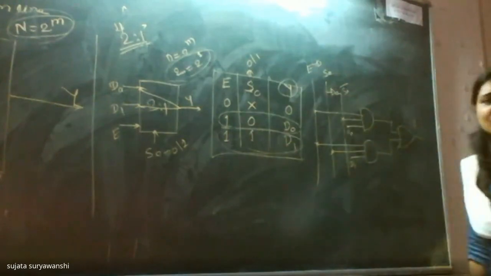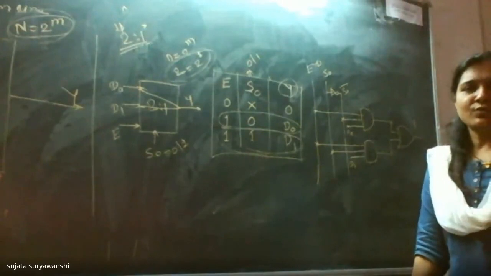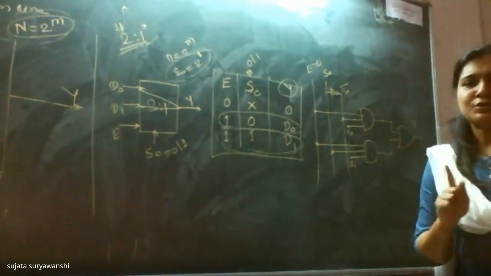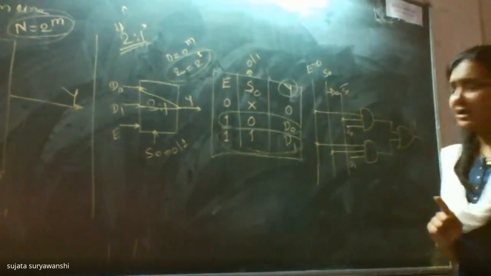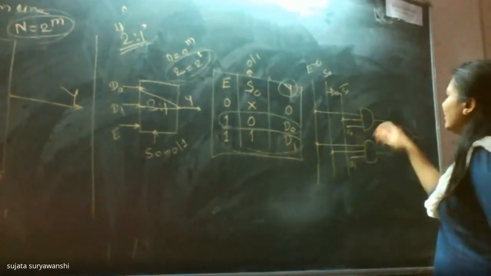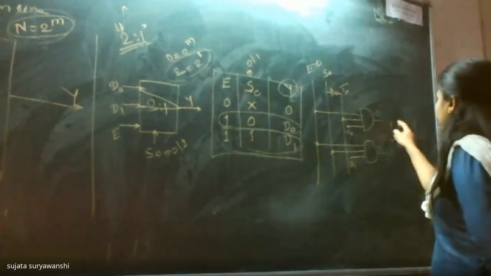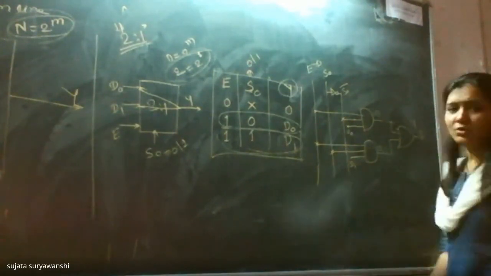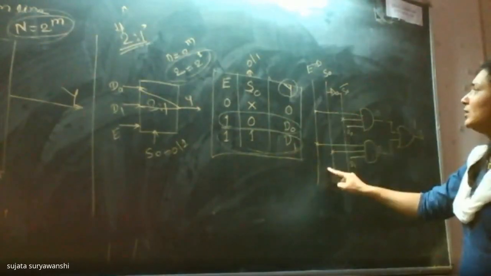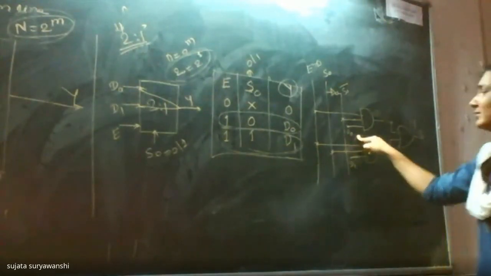If E is equal to 0, what is the truth table of the AND gate? If one of the inputs is 0, then the output will always be 0. So here, if E is equal to 0, the output of both AND gates will always be 0, and with 0, 0 at the inputs, Y is also 0. If only E is equal to 0, then irrespective of the value of S and D0, Y will